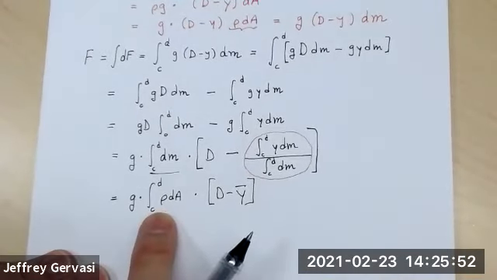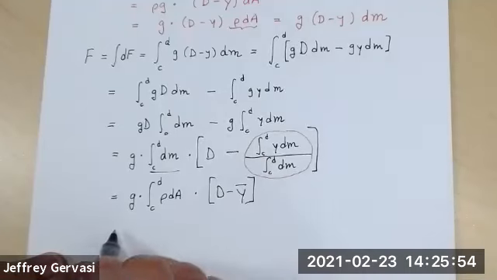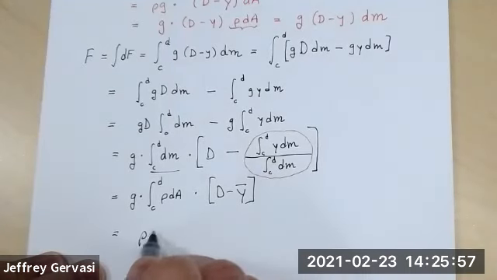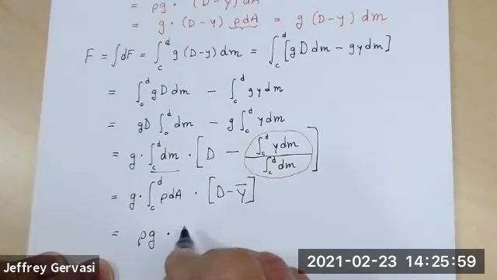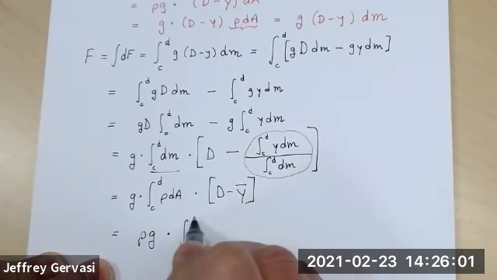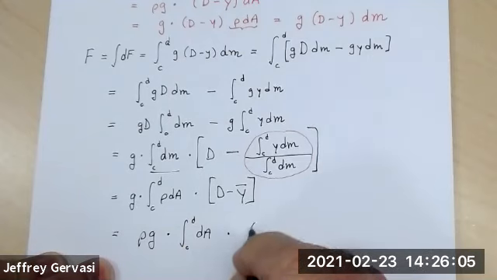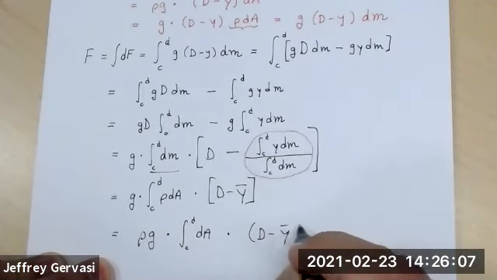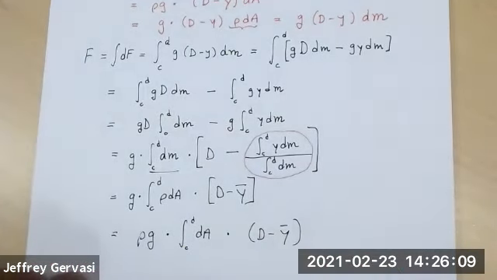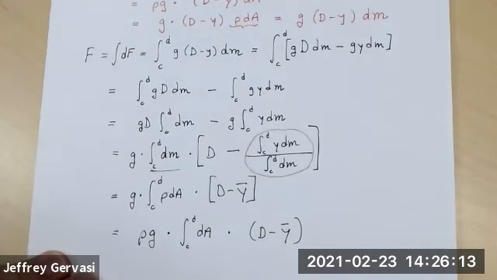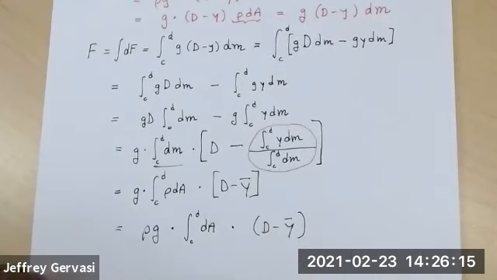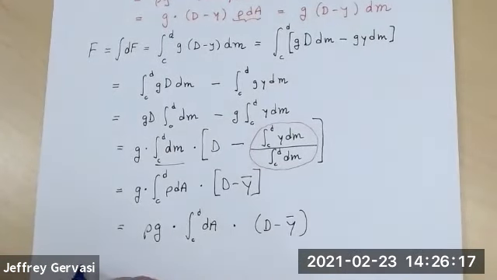Since rho is a constant, I can move that through the integral symbol. Okay, and in words, gang, what this tells us is, I'm going to write it in a different color, the fluid force,